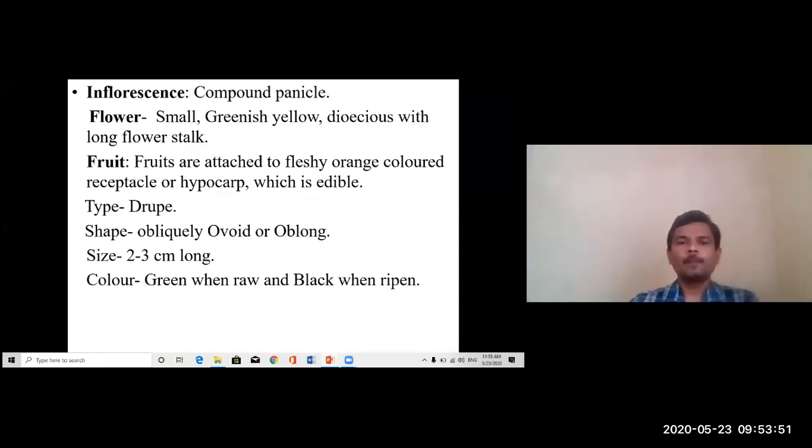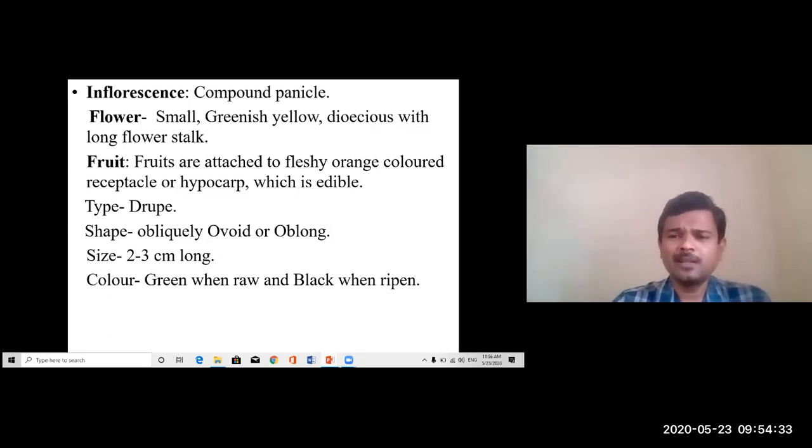Okay, so the inflorescence is compound panicle inflorescence. Compound panicle inflorescence is a type of inflorescence. This is the characteristic feature of Anacardiaceae family. The characteristic feature of Verbenaceae family is that the young shoots have a quadrangular stem, whereas the characteristic feature of Anacardiaceae family is compound panicle inflorescence. Sometimes in the viva they may ask such type of questions.